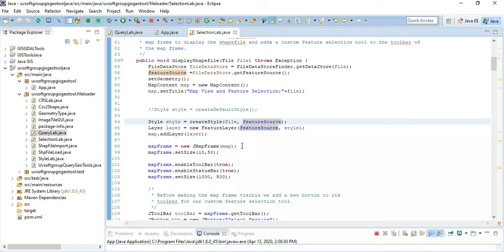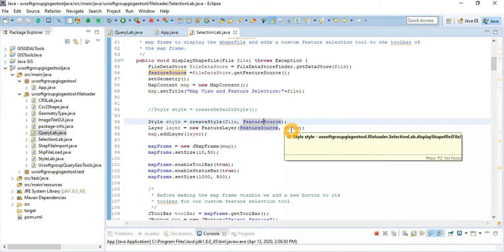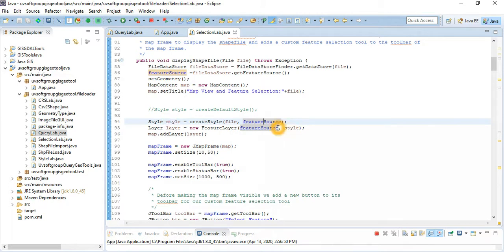So you include the files. It doesn't matter whether the file is from shape files or database tables, and you include these feature layers, and then you include the style, here in this case the default styles, and then